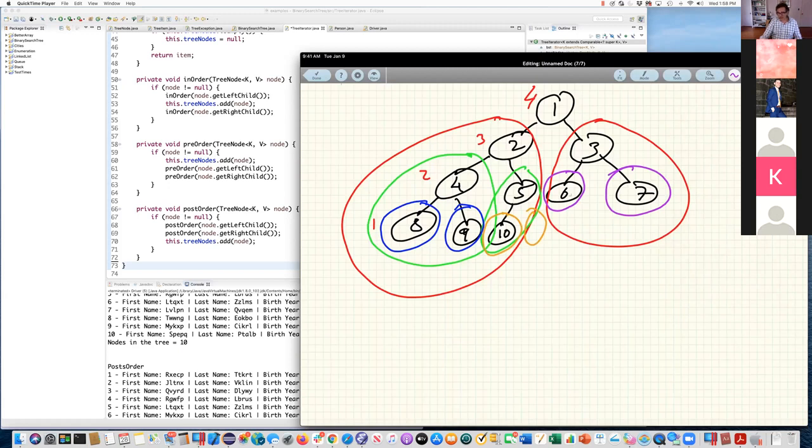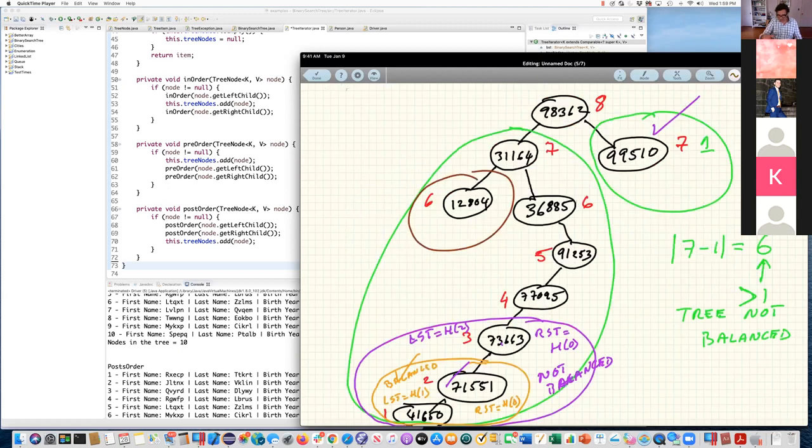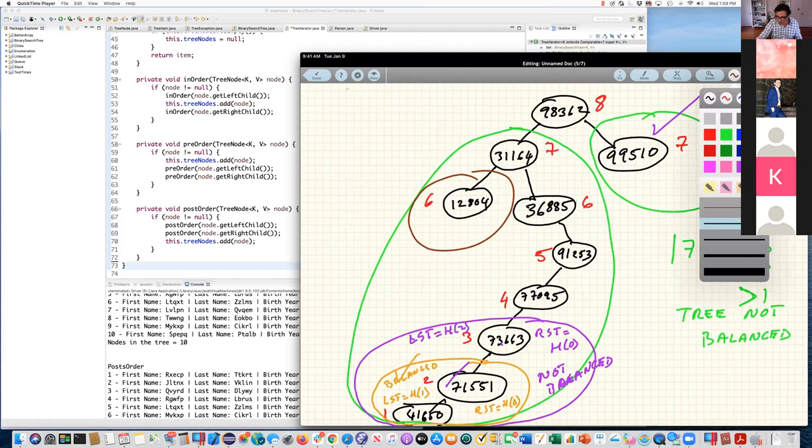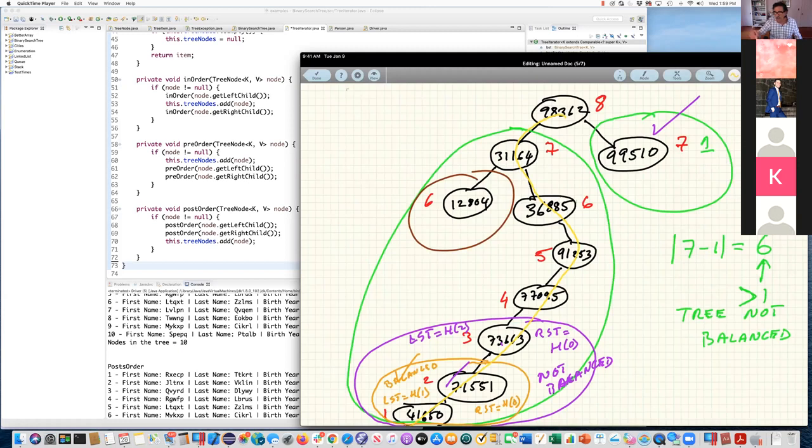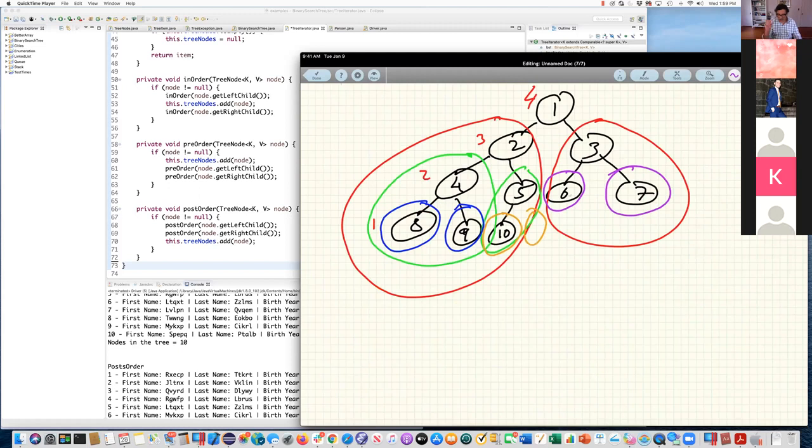Because as I get into trees that look like this here, the longest path that I have over here kind of looks like a linear list, right? It looks like a list. So it's order n to get through it. Not log n, order n, because I have to go through n nodes to get there. Getting to all the nodes in this tree is an order log n operation, because all the nodes are much closer to the root. So we aspire for trees to be balanced.